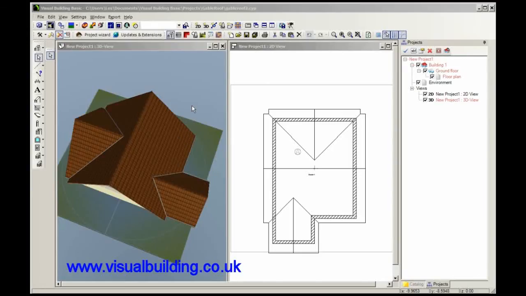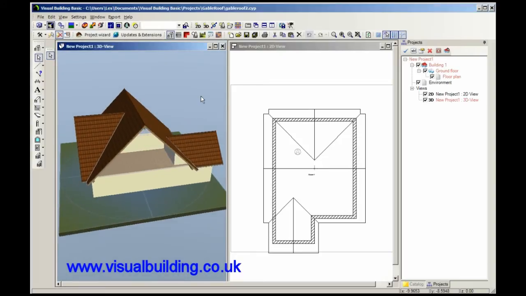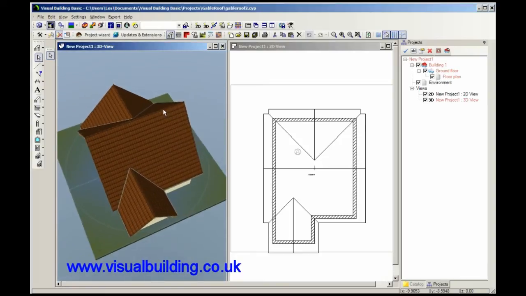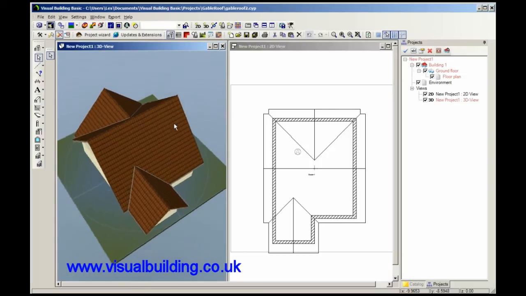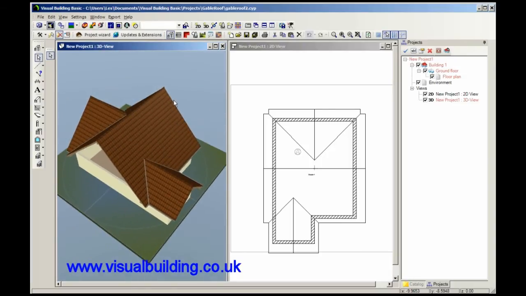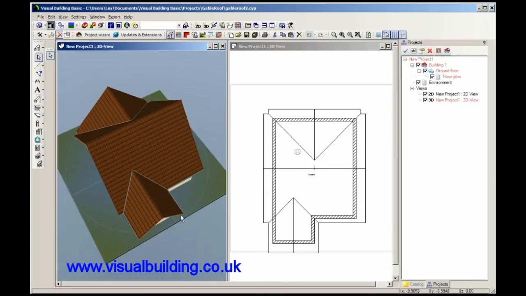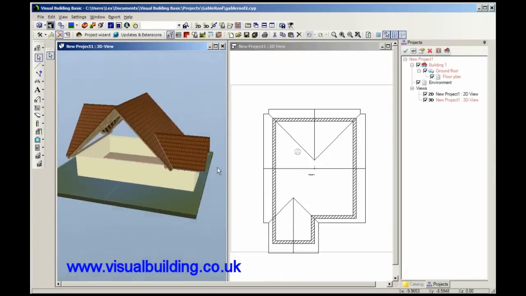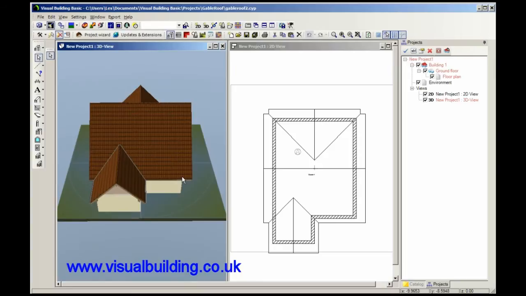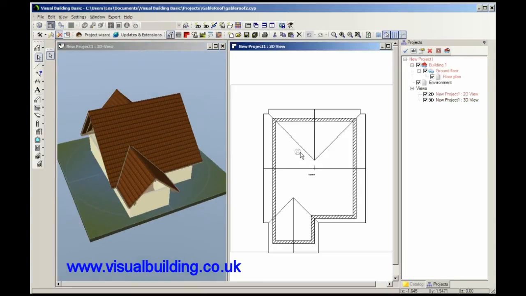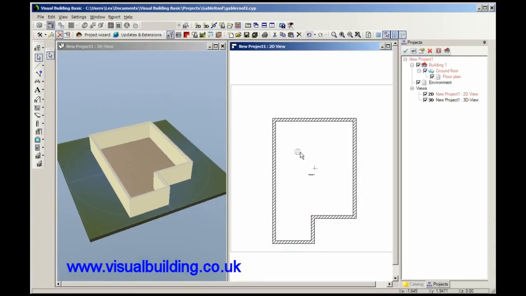In this tutorial I'm going to show you how to resolve some common roof problems. This is a typical multi-gabled building, so obviously we've got two gables here and an extra two gables on these roof structures, and you'll find that if we try and just use the automatic roof system